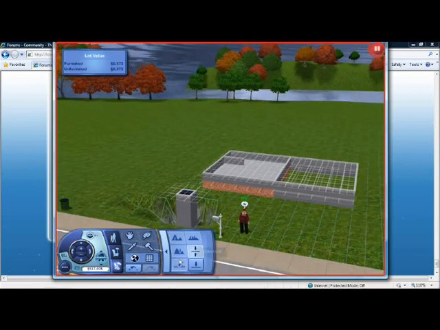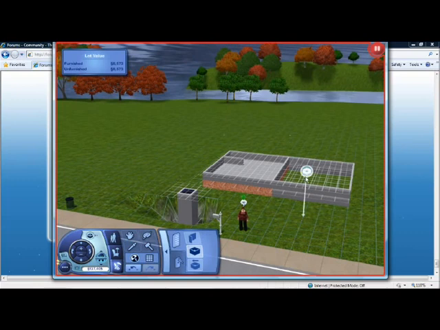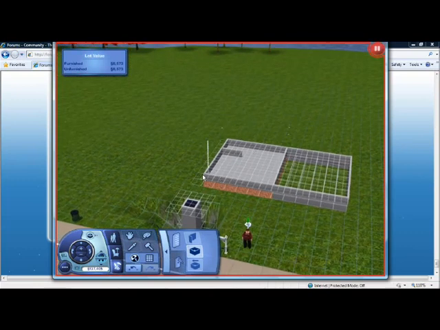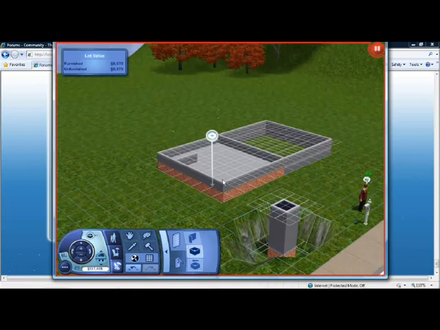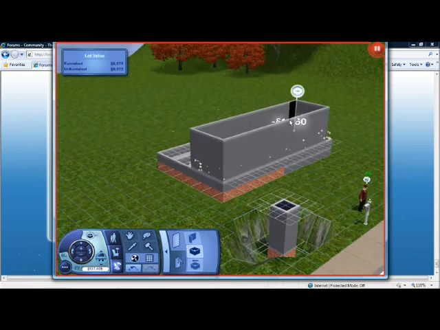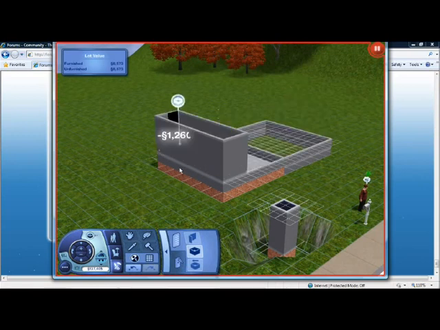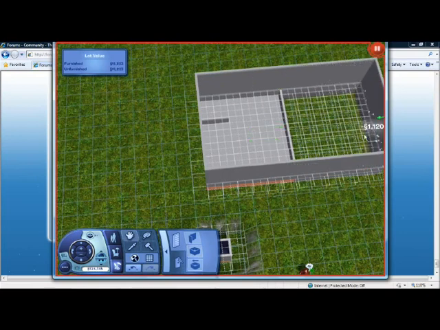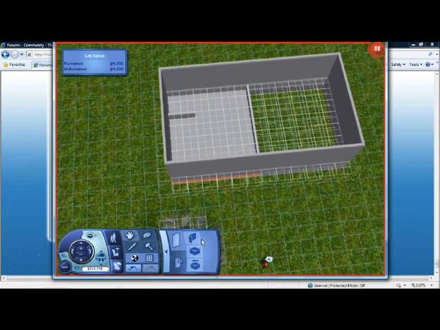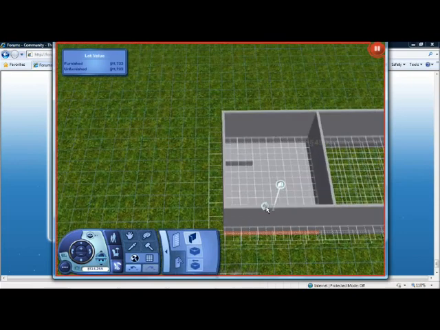And now what you can do is you can put the walls on top of that again, if it'll cooperate with you. Please excuse the voices in the background. Okay. So now,